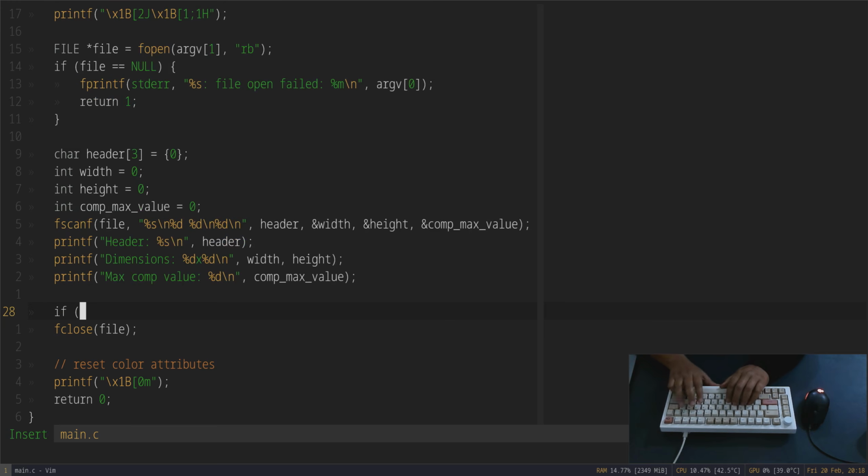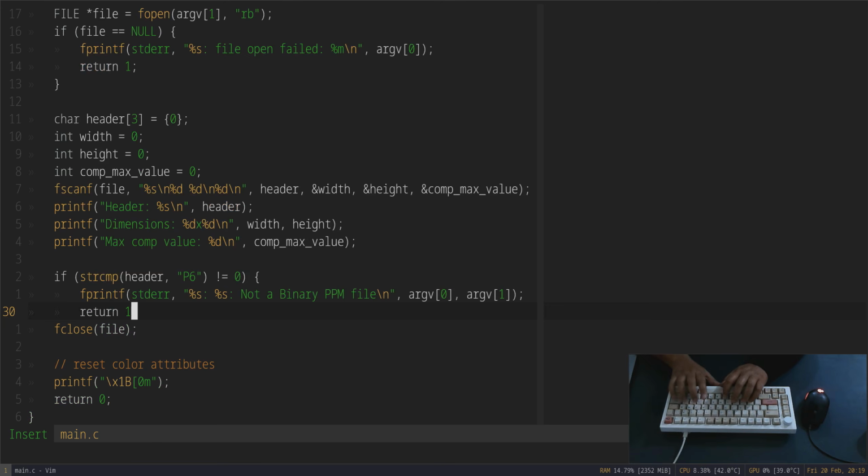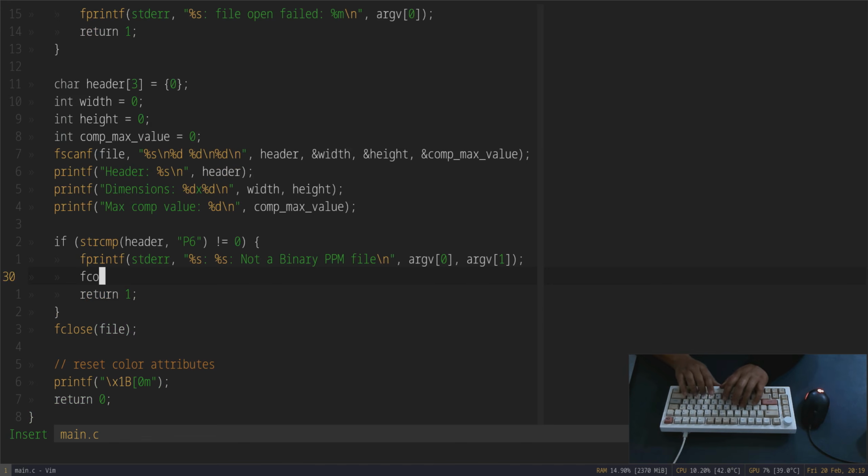Obviously, if strcmp compares the string header with P6, if it is not equal to 0, which means they are not same, then we say fprintf the error, "%s not a binary ppm file", argv[0], argv[1], return 1, but obviously we need to close the file first. So if it is not this one, we basically